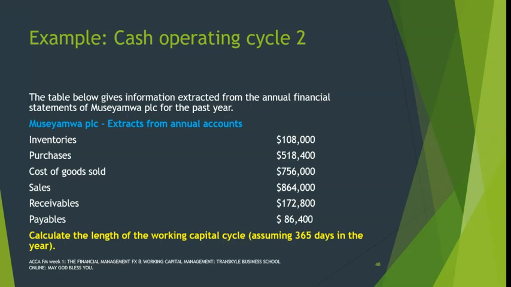So this time we are not given months, we are not given periods, but we are given money. So we need to convert this money into days. We need to convert the amounts given there, the monetary amounts, into days. So in other words, the examiner has asked us to calculate certain efficiency ratios. What we know is that working capital cycle is equal to assets minus liabilities.